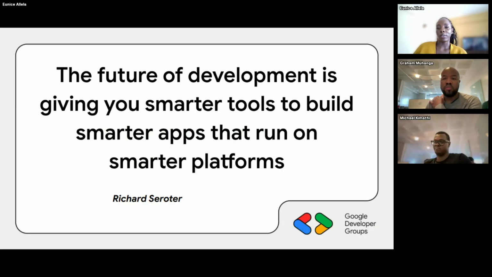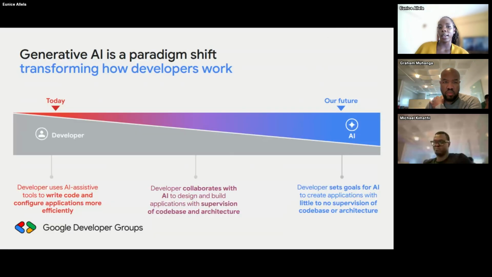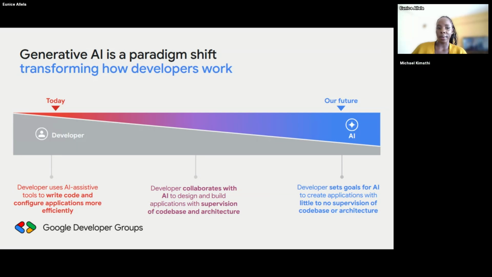Now, what does the future of development look like? It's basically where you're able to build smarter tools, build smarter applications that run on smarter platforms, which is why this whole Google Cloud training is going to be quite important for those of us who are keen on learning how to build on smarter platforms, okay? Now, Graham has touched a lot on the Gemini side of things, right? And has mentioned the fact that we are going to be seeing a lot of content on Gemini, a lot of content on the APIs, and also get to touch a bit on Africa's Talking APIs, which is very important to see how these two things are going to merge together, okay?